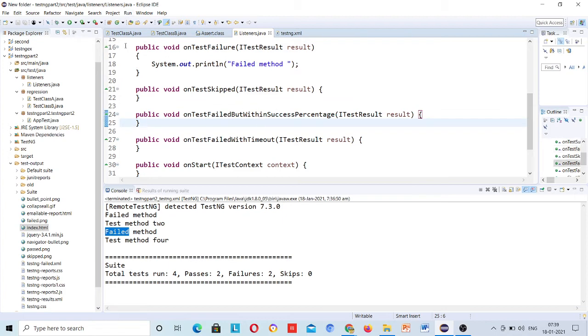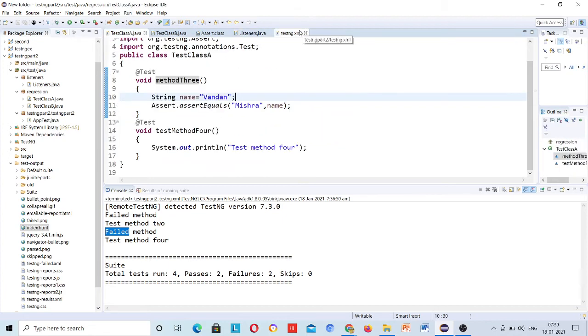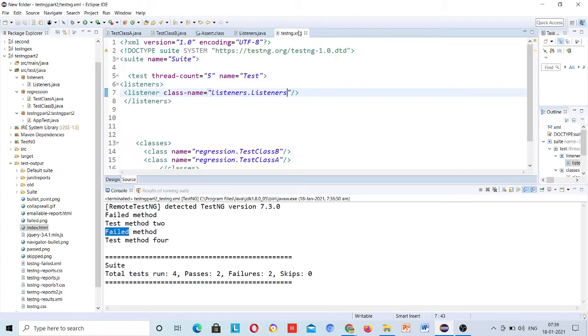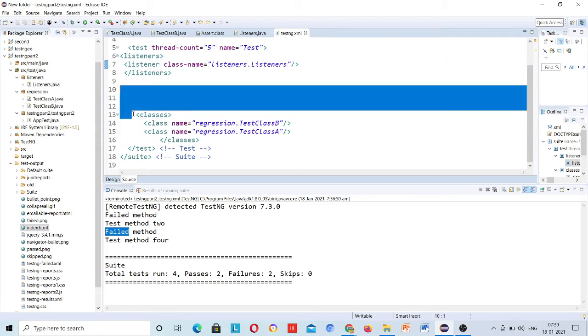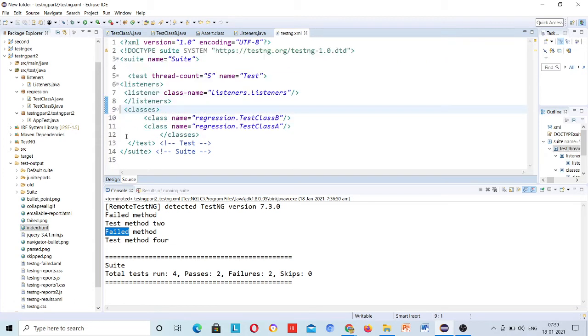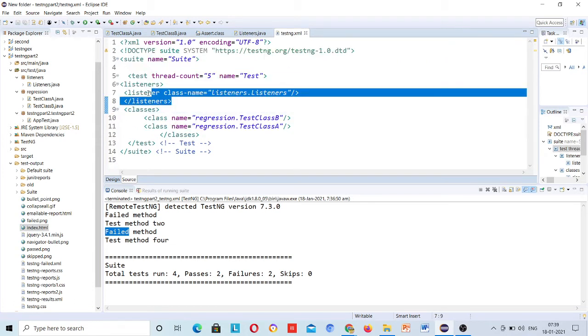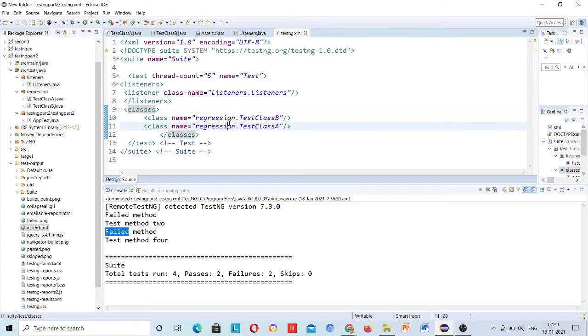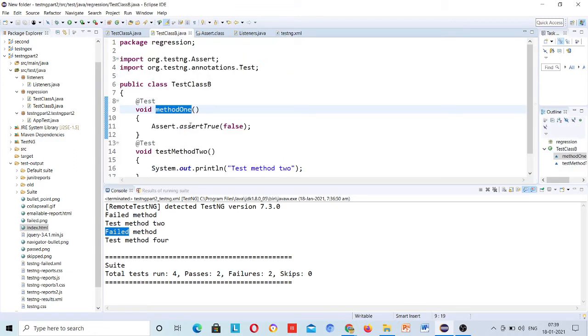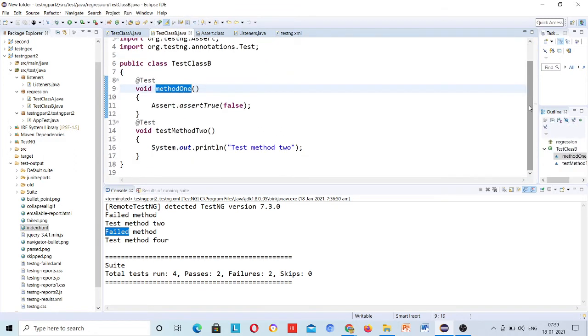Now once I run the testng file, look at the flow of the execution, which is more important. First of all, I have run this file. Then it found the listener. Then it came to classes regression.TestClassB, so it went to test class B. Now it comes to run all the methods.